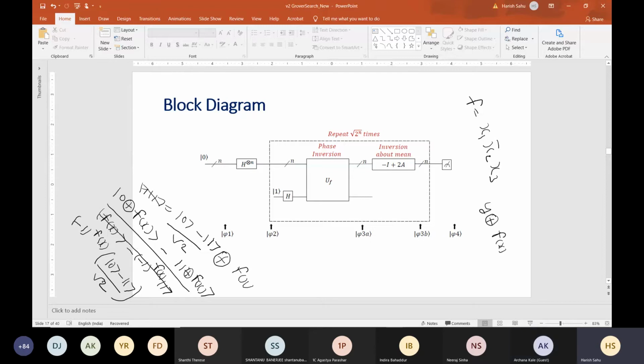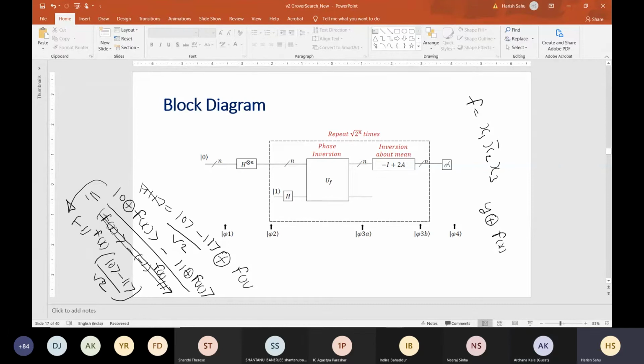I took this f(x) inside, and I simply XORed this with 0 and 1. I am trying to write it like this. Will it be equal or not? We need to check.